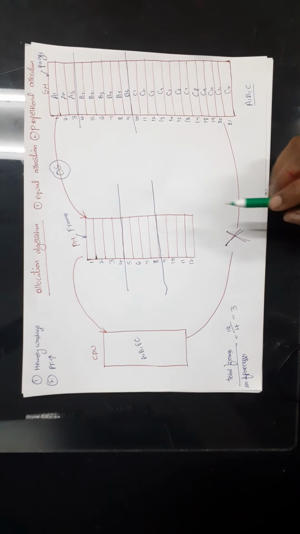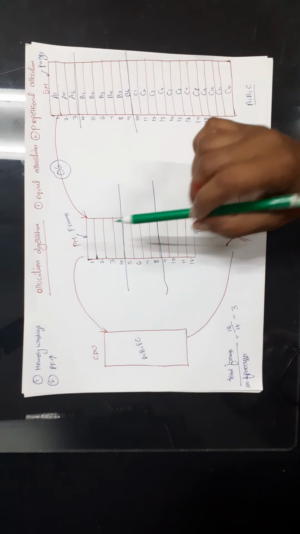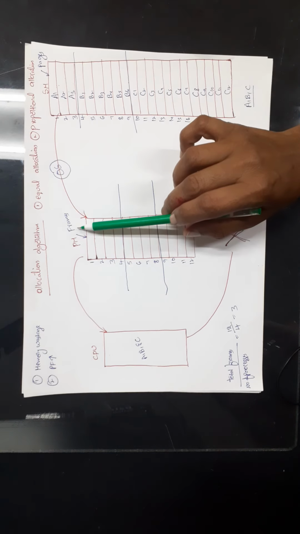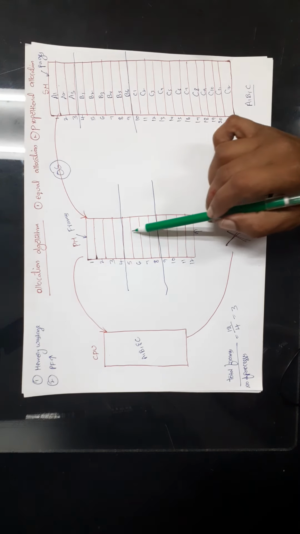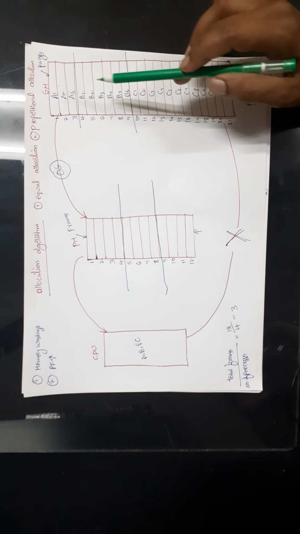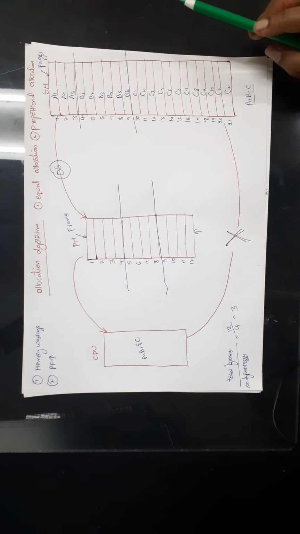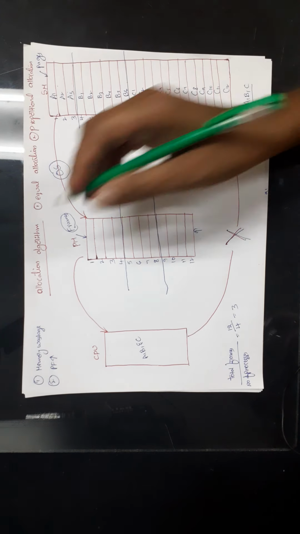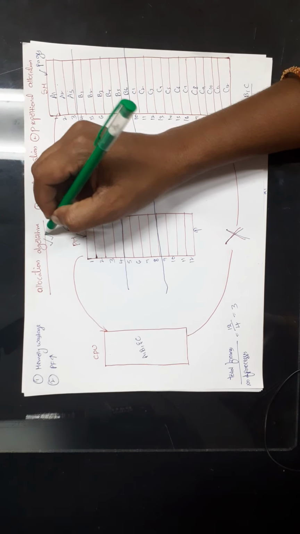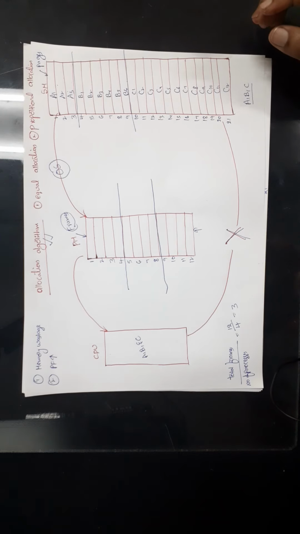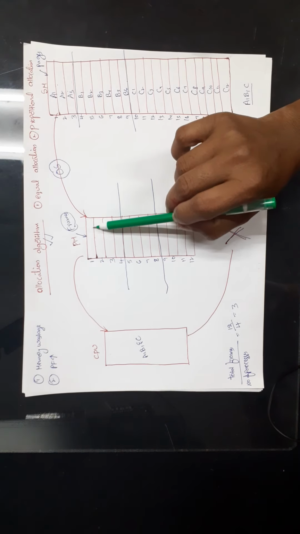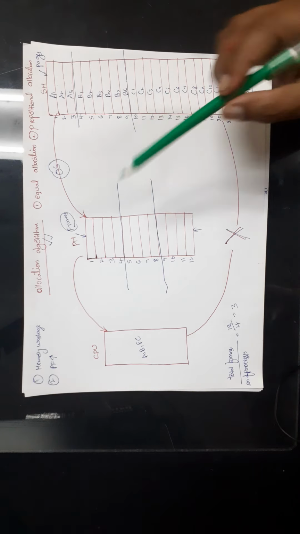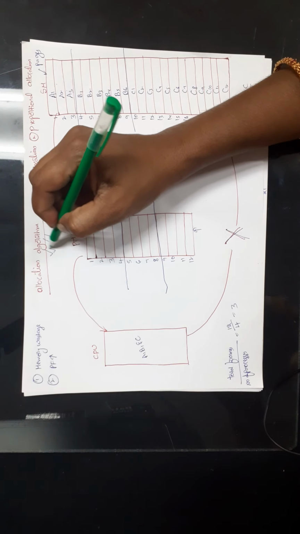That means we should allocate these frames. We know that the entire primary memory is divided into equal sized portions called frames, right? Now we should allocate these frames to the processes A, B, C. In order to allocate these frames for the processes A, B, C, we will use the allocation algorithm. If you want to allocate frames for the processes, then we will use the allocation algorithms.